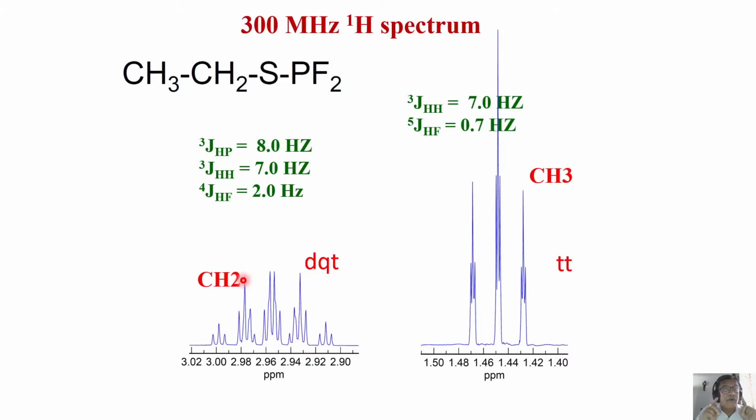But remember, don't expect coupling between phosphorus and fluorine here. It may be present, but you will not see it. Remember, you know why I am telling you? I told you long back, this is an active spin when I am seeing that, and this is passive, this is passive, this is passive. At the site of the active chemical shift, you will see coupling between active spins and passive spins. That's what you are seeing here. Coupling among the passive spins like P, F and CH3, you will not see because they are passive couplings. That is why you see only coupling of this to this, this and nothing else. And that is where you can analyze.